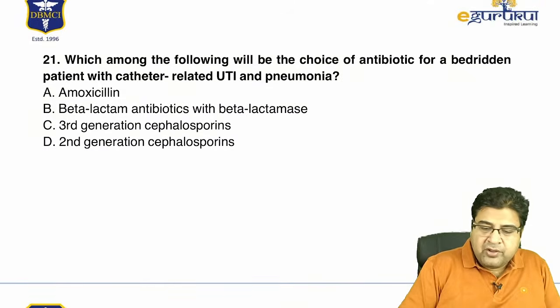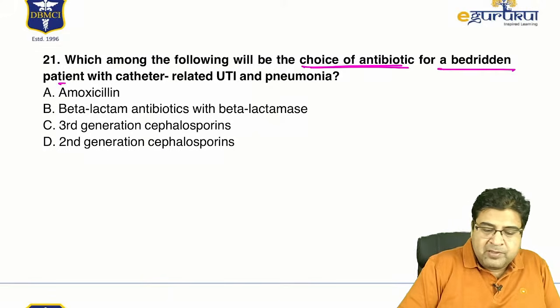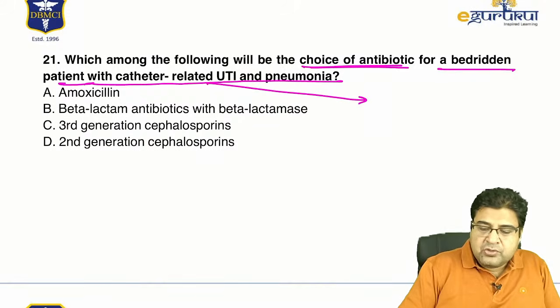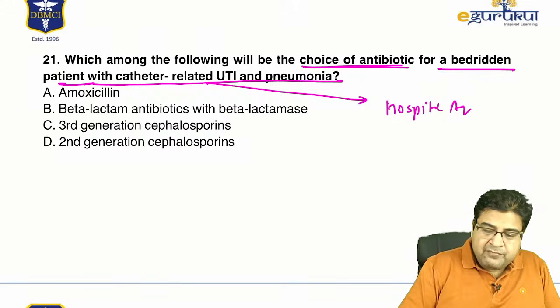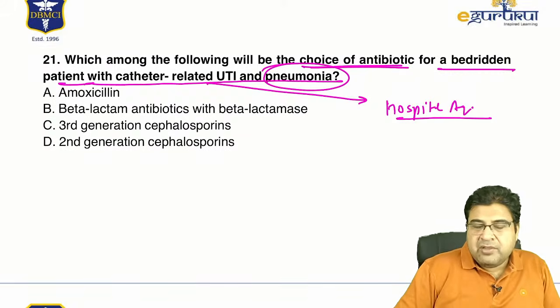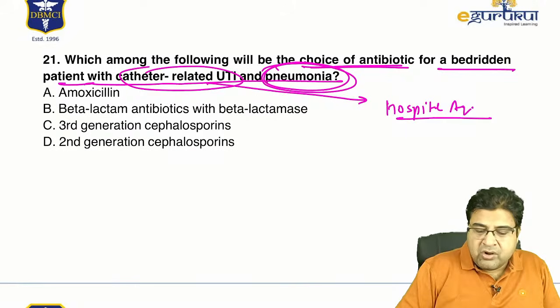Now, which of the following is the best choice of antibiotic for a bedridden patient with catheter-related UTI and pneumonia? So this is a hospital-acquired infection, guys, having the UTI plus pneumonia. We know that the patient is bedridden. The patient has got two infections. So this is not controlled by